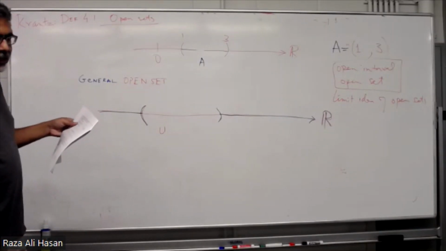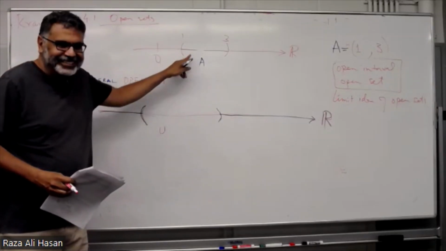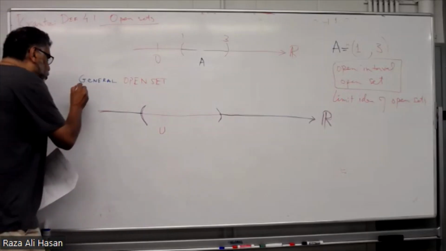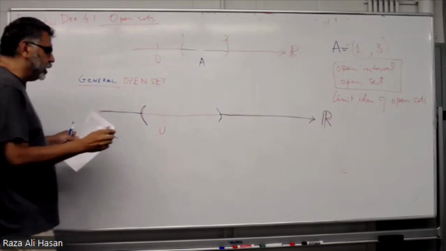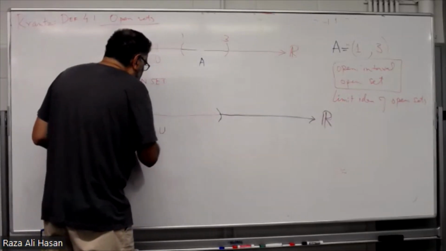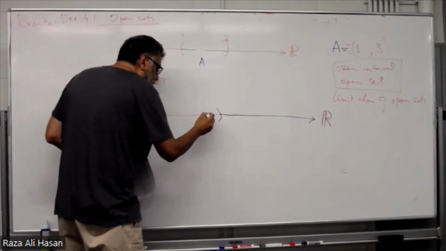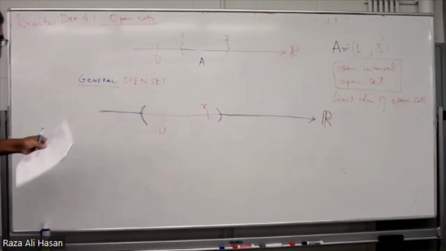Doesn't it look just like that one? I just switched the colors. This is an open set, but in the general sense, if I take any number in this set, let's say X,